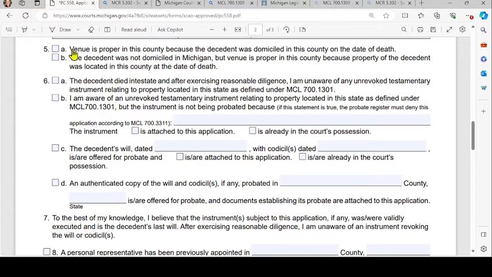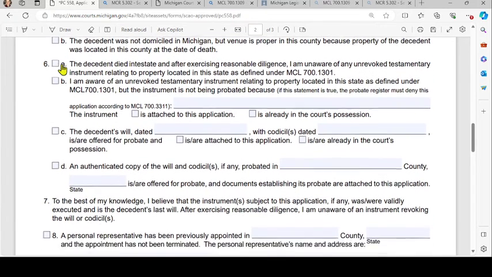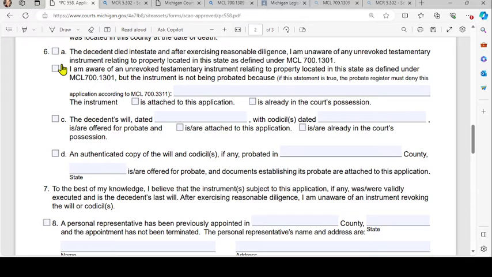Moving to 5, venue is proper in this county because the decedent was domiciled in this county on the date of death. If that's true, check the box. Otherwise, the decedent was not domiciled in Michigan, but venue is proper in this county because property of the decedent was located in this county at the date of death. Check the appropriate box. Moving to 6, this is where you will state whether the decedent died without a will,